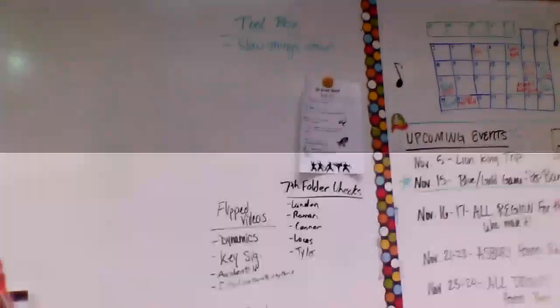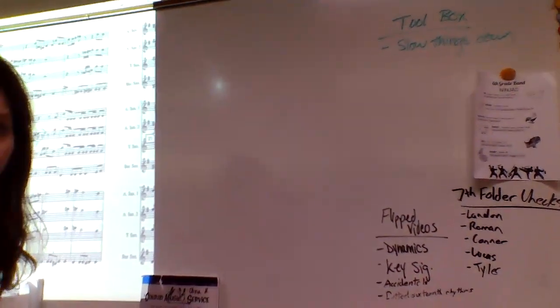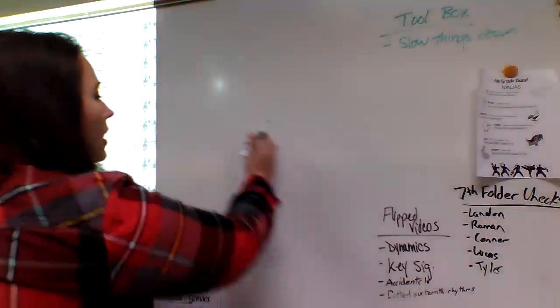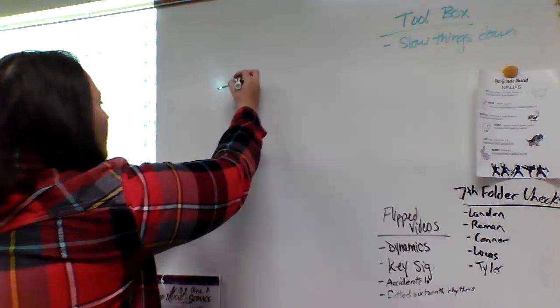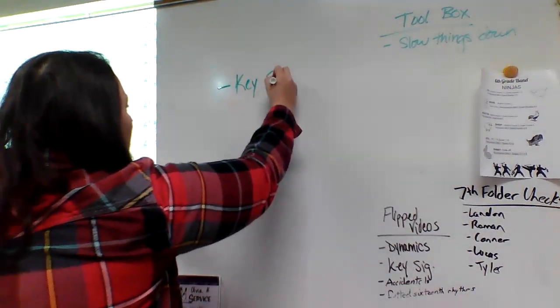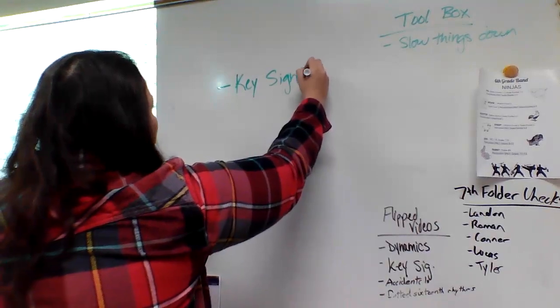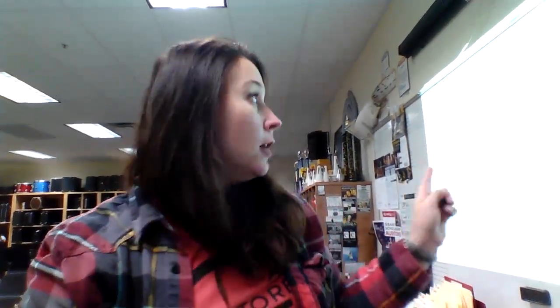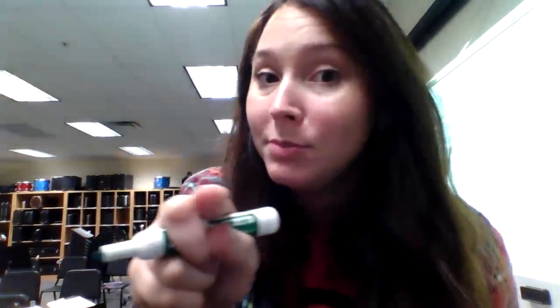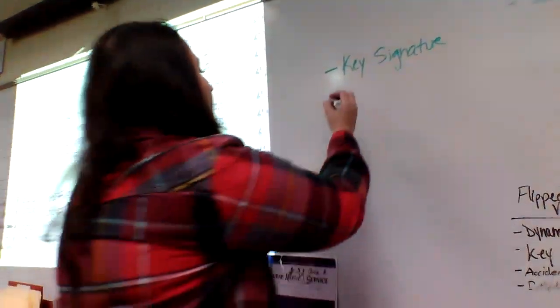So let's go over here to the side of the marker board, away from the music for a moment, because I just want to recap what I've talked about with you, okay? So we have key signature, not to be confused with time signature. The key signature tells us the rules for the piece in regards to what notes are affected by the sharps or flats at the beginning, or if it's empty, that we are playing all naturals the whole time. Rule for the whole piece, unless you come across an accidental,